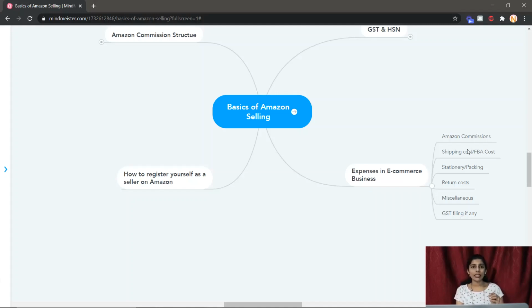And next is return cost. To give you a brief on return cost, I believe you must have purchased on online websites like Amazon. Consider that I have purchased a shirt and it is not fitting me. I will go to Amazon and say, hey, I am not okay with this because of the size issue. This is considered a customer return. The customer is returning the product because he or she does not like it, it is not fitting, there is some quality issue, or any other reason. In that case, there is something called return cost that Amazon is going to debit from us.